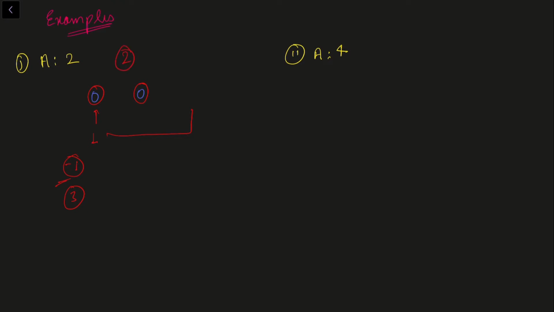Now let us talk about A equal to 4. We'll have 4 bulbs and we can solve it in this way. We can turn on this bulb and this bulb in one operation, and we can turn on this bulb and this bulb in one operation. So we'll have 2 operations here as well. So for A equal to 4, we need to return 2 as well. Now let us move on to see the solution to this problem.